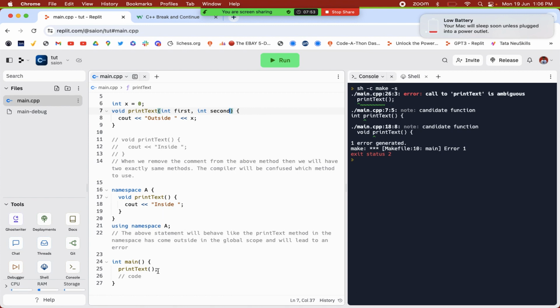Now when calling print text, we are not giving it any parameters, so it knows that it should call the method which is accepting no parameters. For example, if I gave it 0 and 2, then it will know to call the method that is accepting two parameters. So though we have two methods with the same name, we are able to use them